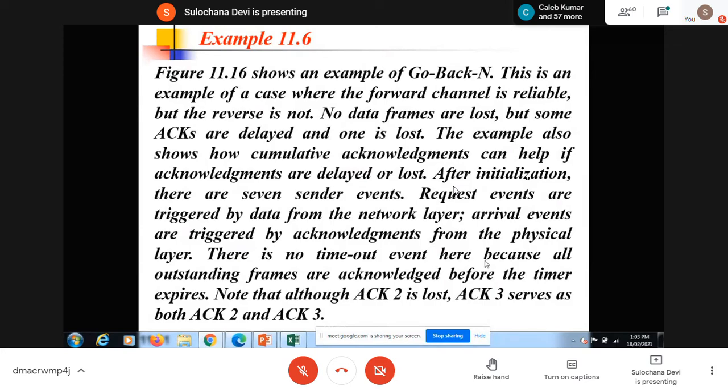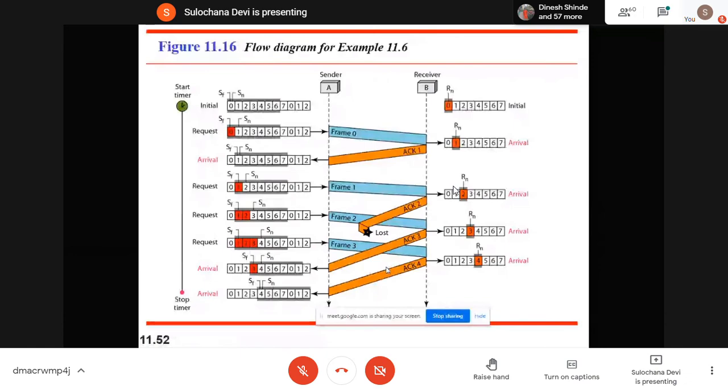Just done reading? Yes, ma'am. Okay, then see this, and try to understand what's happening here.